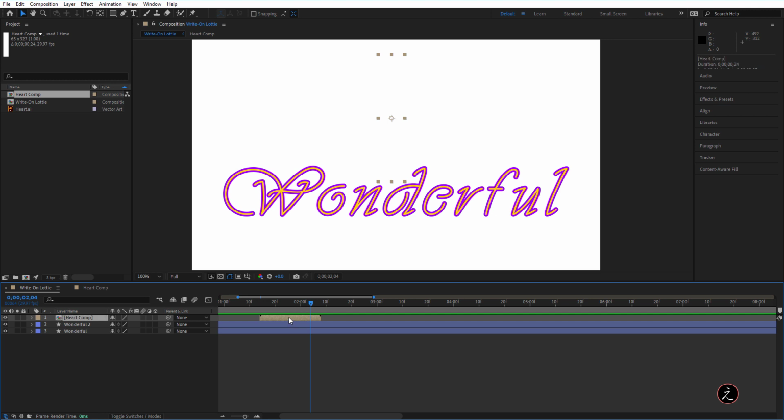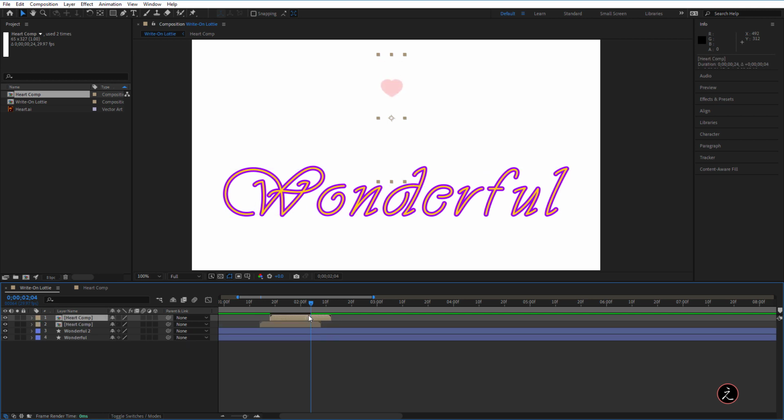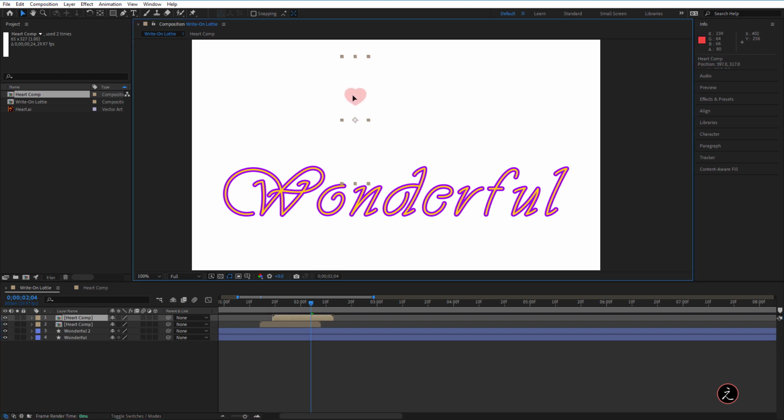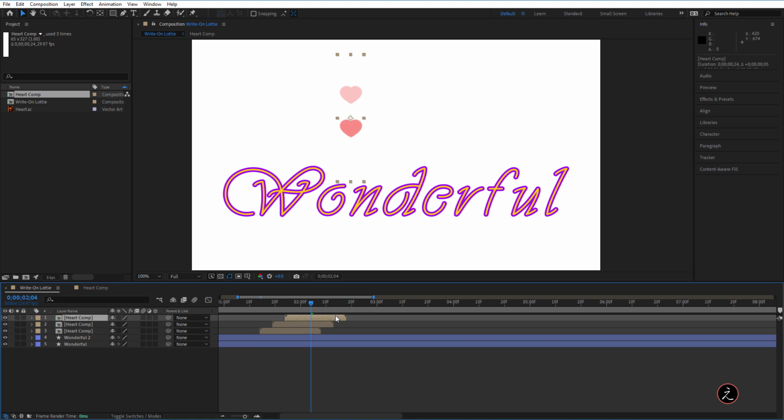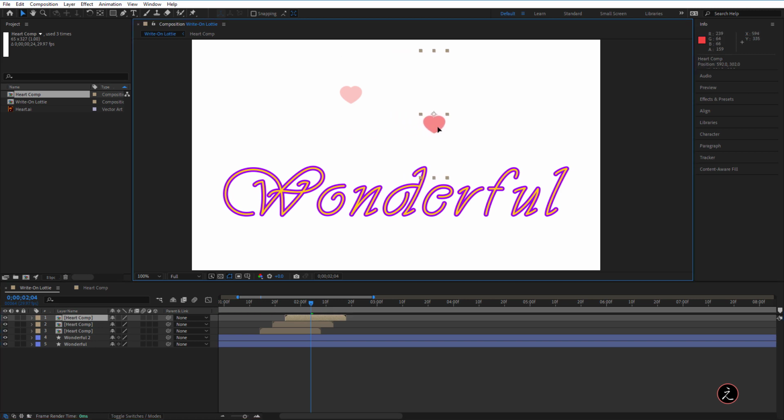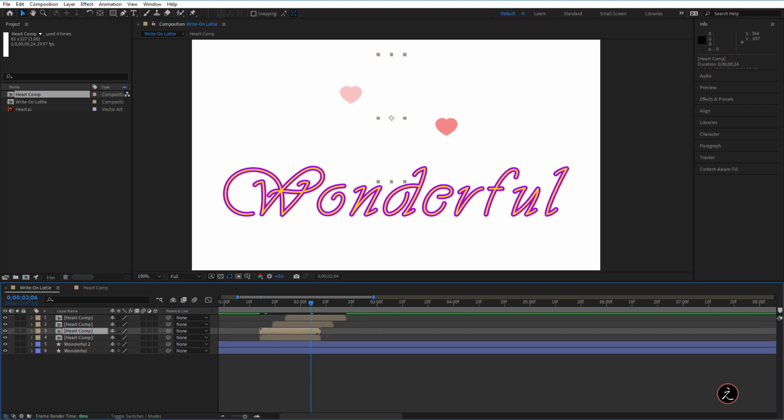Okay, so let's go ahead and create some duplicates here. So I will select this one and press Control-D, Command-D for the duplicates. Offset this in time. Let's bring this perhaps right here. Create another duplicate. Offset this one and then offset it here too. And then duplicate the very original here and just bring this around there. So let's go ahead and do a quick run preview like so. Things are looking good. I like what I see.